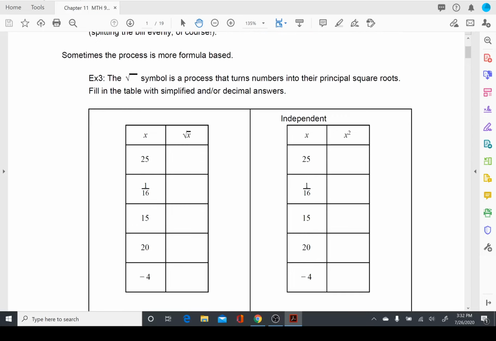I'm going to fill out the first table as an example, and I will have you independently do the square example. So, in the square root, I'm thinking about what number times itself makes 25. And the answer to that would be 5. The square root of 1 over 16 is 1 over 4. Now the square root of 15, we're going to have to do a decimal approximate for that one. Now, had they asked me the square root of 16, we could figure that out pretty nicely, but